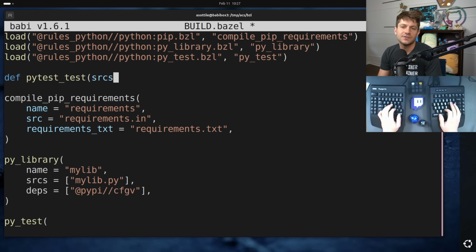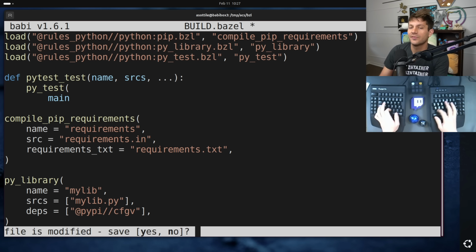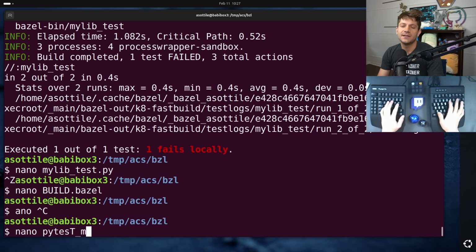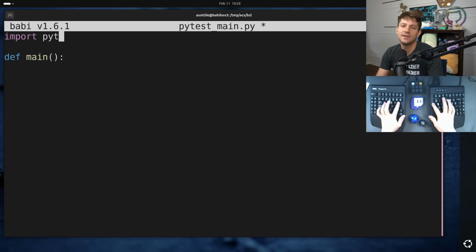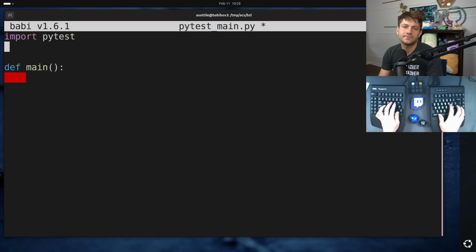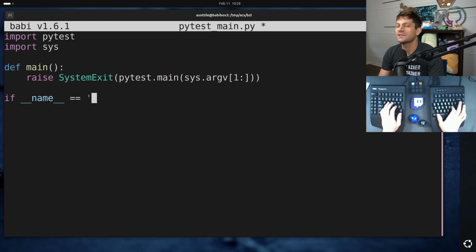I don't know. And then you do sources, name sources, etc. And then you would call pytest yourself and have a different main, and then provide a little pytest main.py. This is the pattern that I've seen in most things, where they actually define a main that imports pytest, and then raise SystemExit(pytest.main(sys.argv[1:])), something like this. This isn't precisely it, but